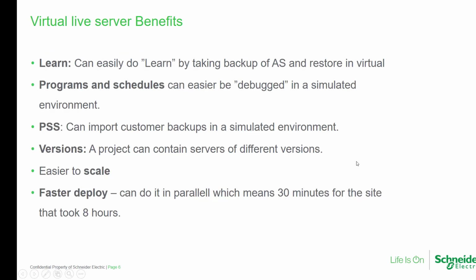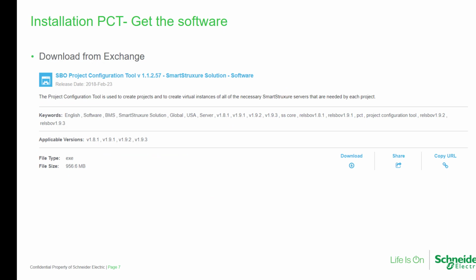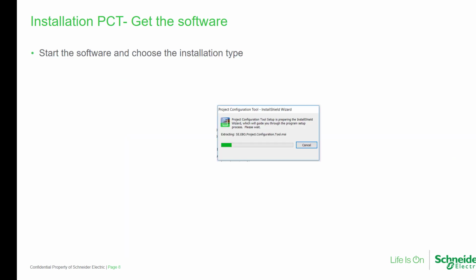Okay, now we've looked at the basic theory of the PCT. Let's get into the details of its installation and its use. First, you would get the software by downloading it from the Exchange, and then proceed to install it. As part of the installation, you will determine what type of installation you have. So we go through a few of the basic install screens here,